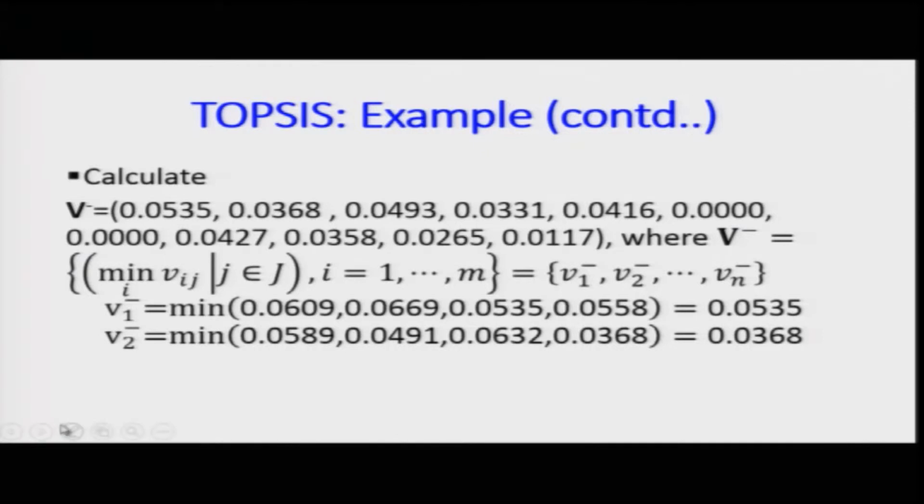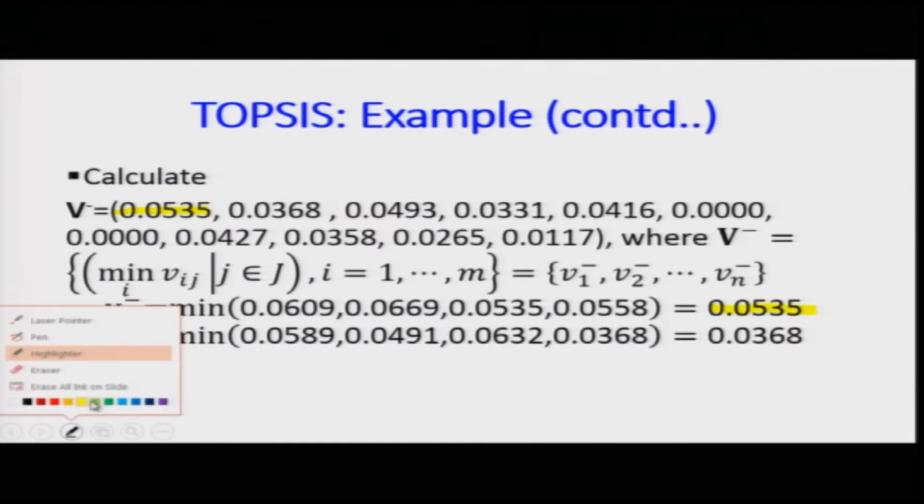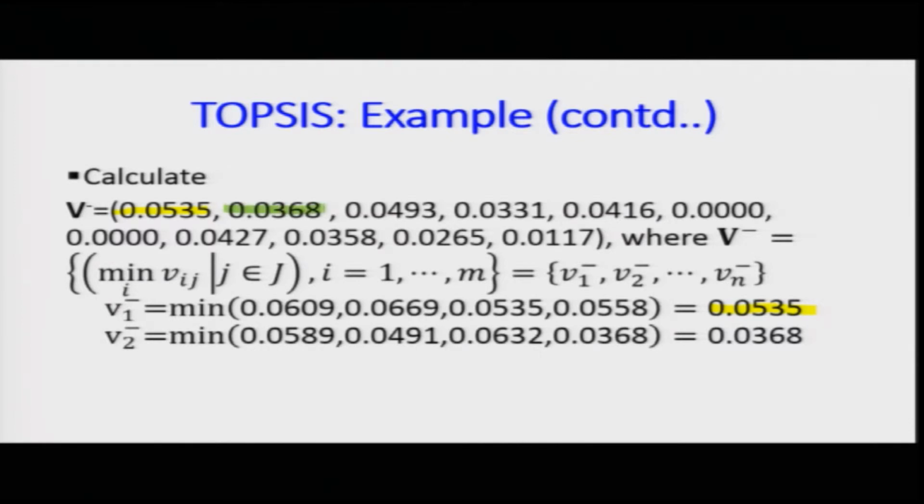So, again I will color it in for ease of understanding. This is the first value, gives us the first value, the second value gives us the second value. Similarly, the third, fourth and so on and so forth can be found out. So, they would be technically V1 to Vn. I am not talking about the minus sign, because it will be plus for the positive values. So, V1 to Vn basically will have such 11 values.